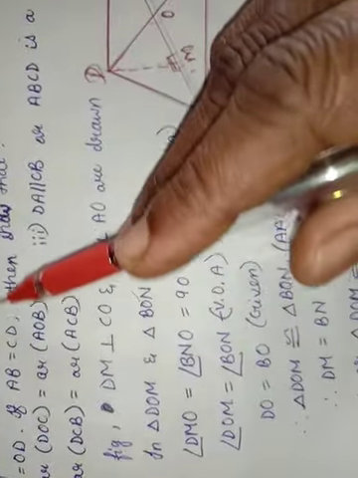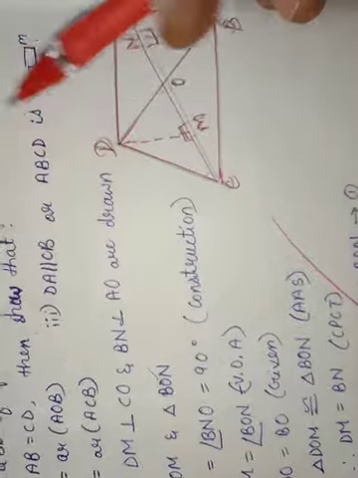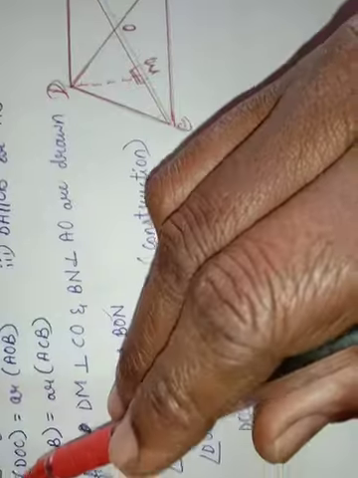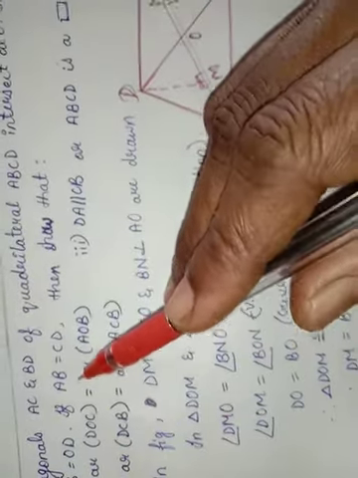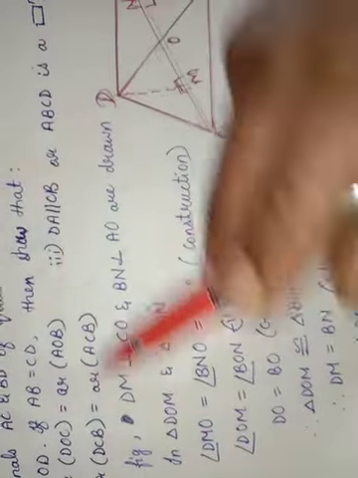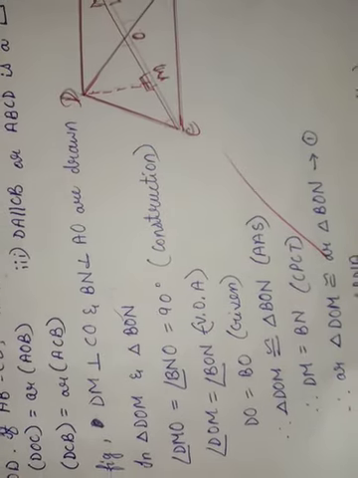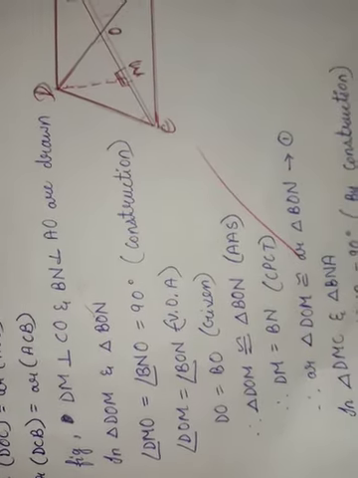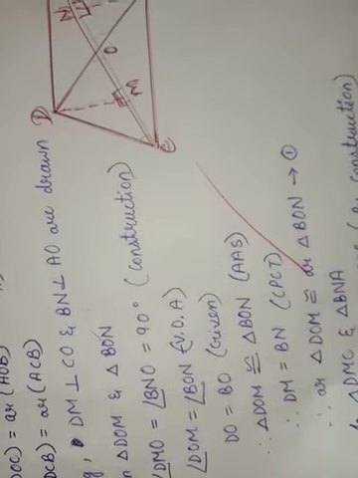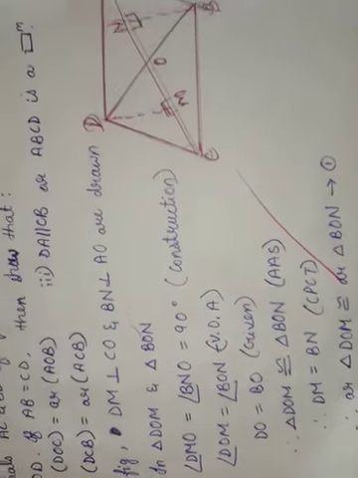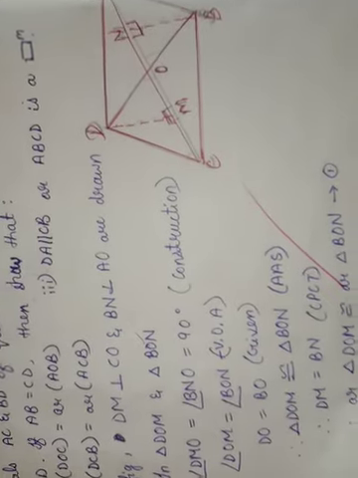Diagonals AC and BD of quadrilateral ABCD intersect at O such that OB is equal to OD. If AB is equal to CD, then show that first, area DOC is equal to area AOB; second, area DCB is equal to area ACB; third, DA is parallel to CB, or ABCD is a parallelogram.